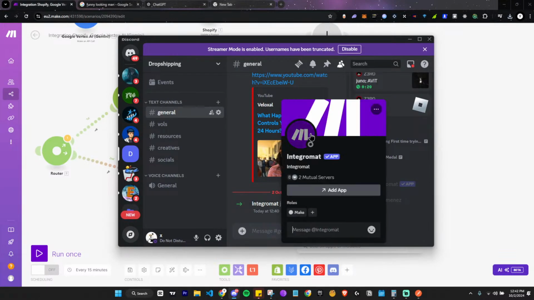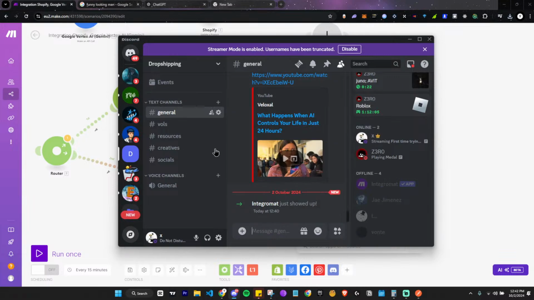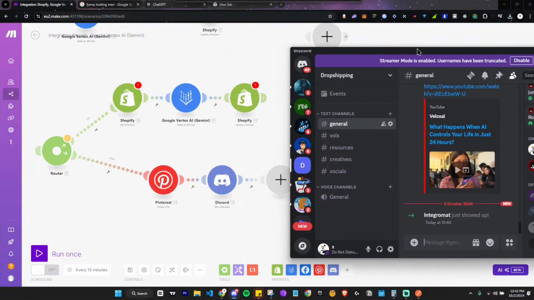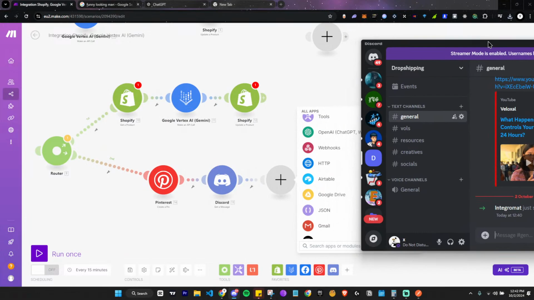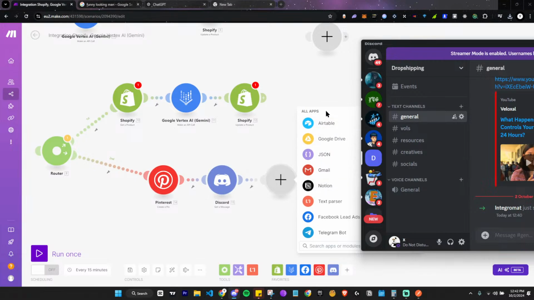So Pinterest creates an automated Discord message, and right here it should basically send the messages on autopilot. Cool. Okay, let's go. So create a pin, Discord messages. So once this is done,